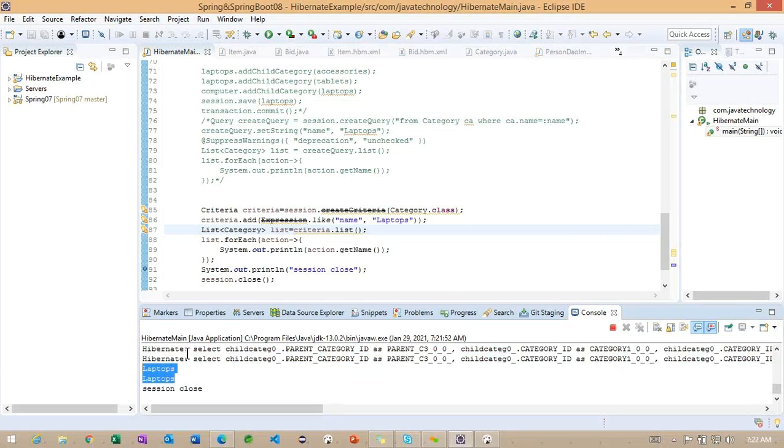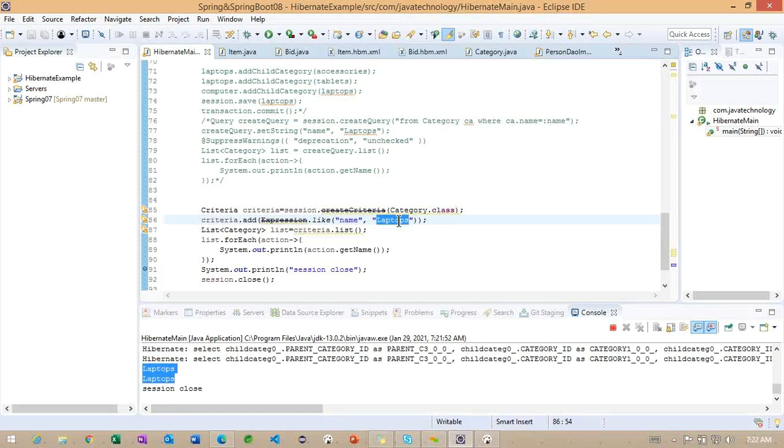The two objects are coming here based on this expression. Because whenever we create this criteria, it will try to load all the records here.